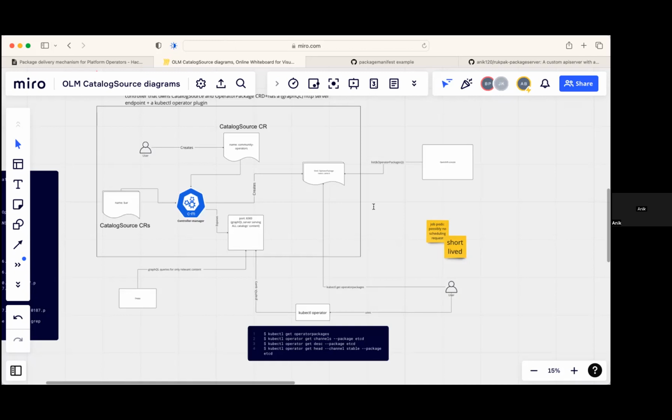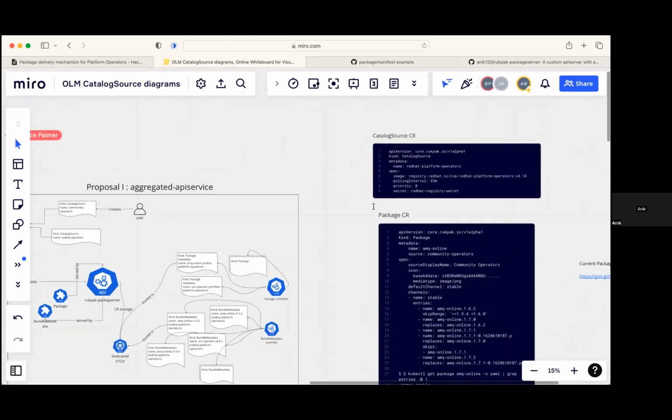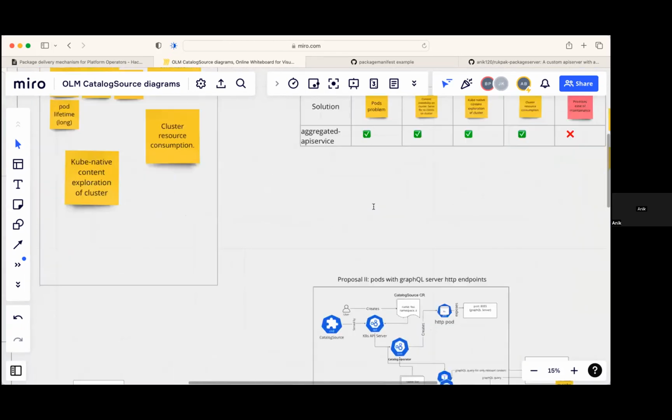And a sort of Kube API that this aggregated API service exposes is that persistent storage essentially. Yeah,